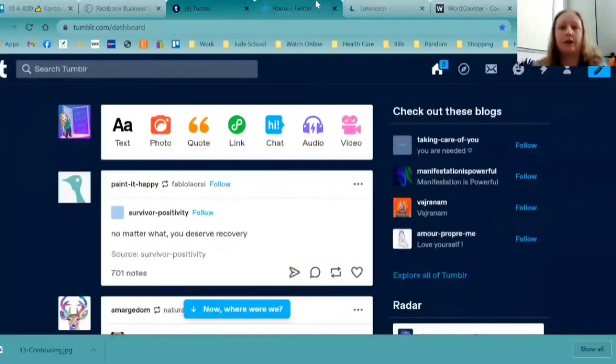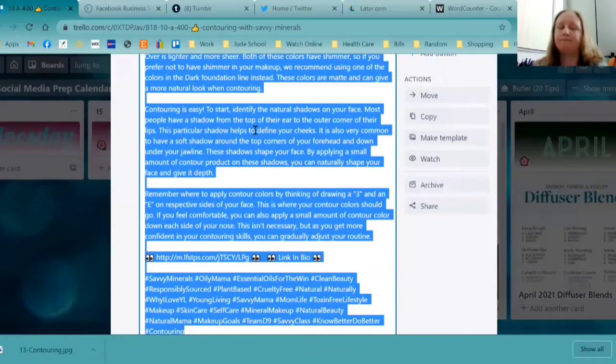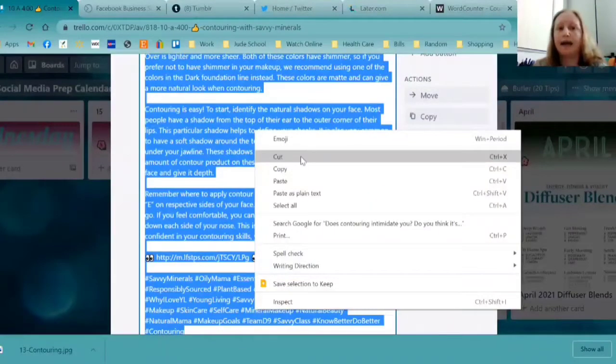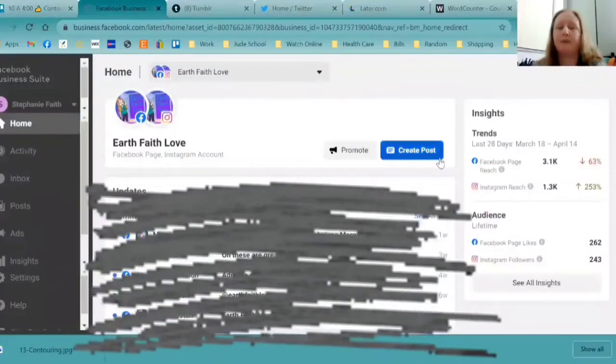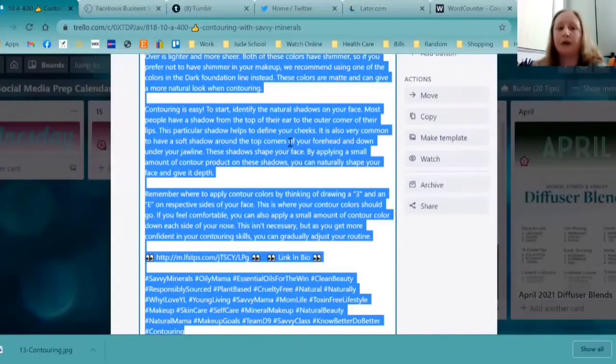And so is Tumblr. The only one is Later, because it puts a link in your post. So I like that you get 30 free posts from Later per month, and you can add links into them after they've posted. So I often use the Facebook Business Suite and post it to Tumblr, and then I set myself an alarm. I go at 4 o'clock every day, which is when I post education, and so I just go back in later and I share the link when my alarm goes off at 4 o'clock every day.